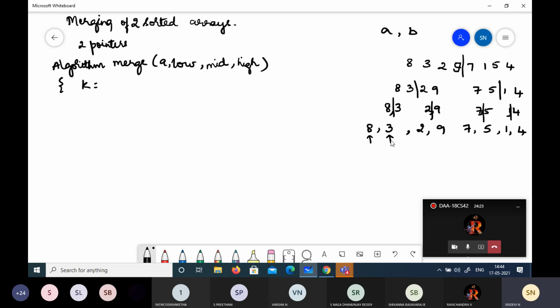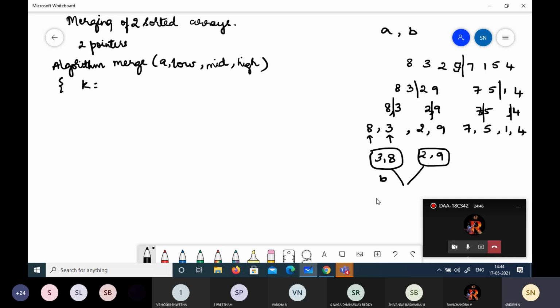See now, it compares and sorts 3, 8 and keeps it in the B array. Again, these two will be compared and kept, and then these two, in parallel. Again, these two are sorted. These are in the B array now.